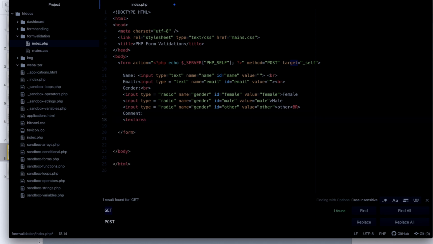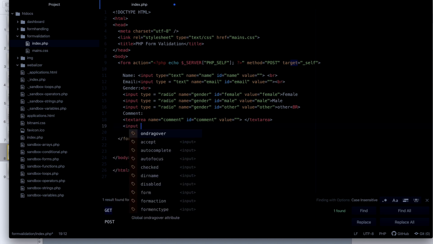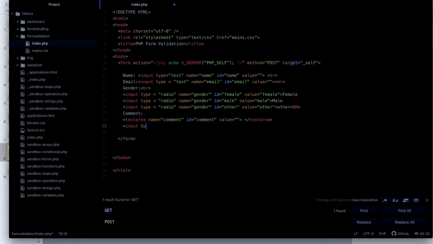Comment will be shown using a text area. Name is comment. A text area has an ending tag as well, not like the input tag. So we close it here. Submit button, input type is submit, value is submit,